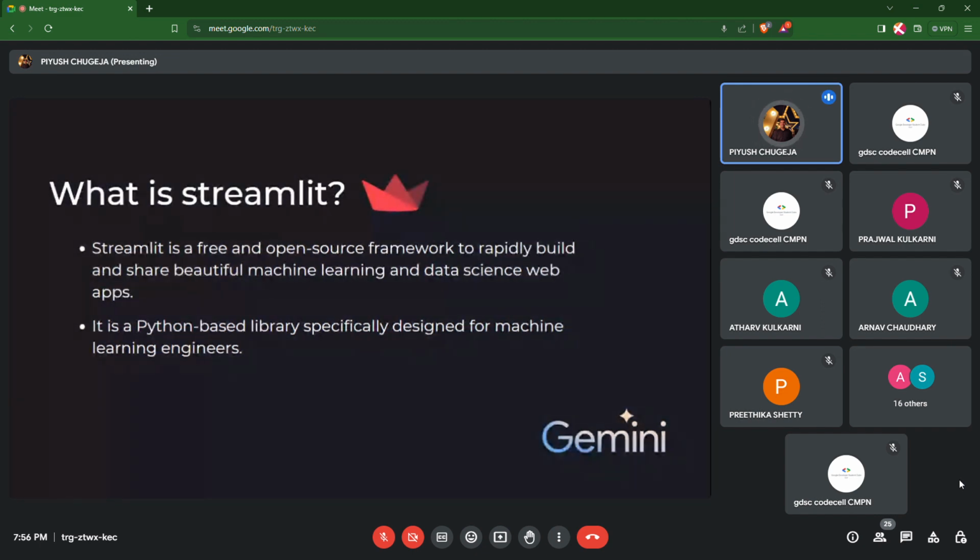Before we start with the hands-on workshop, if there is anybody who has not installed Python, do it now. The links to install Python have come to you in the chat box.